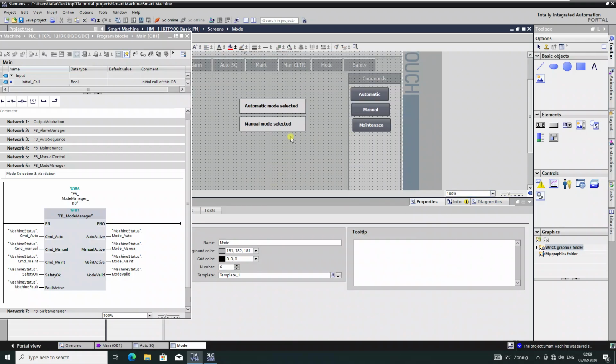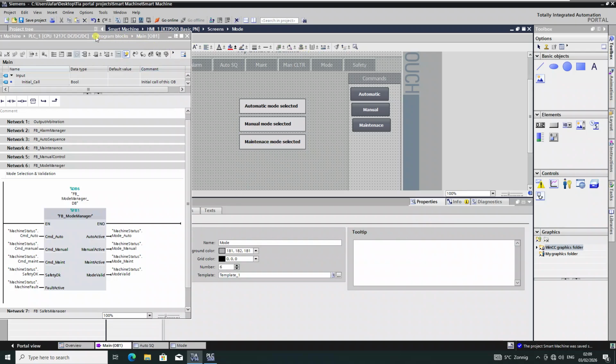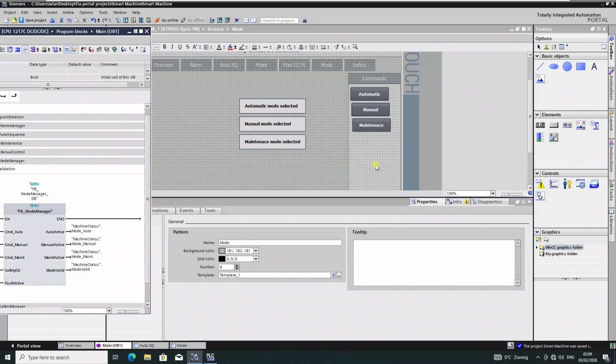And we will select it. Or maintenance mode selected, and then we are also going to add some indicators